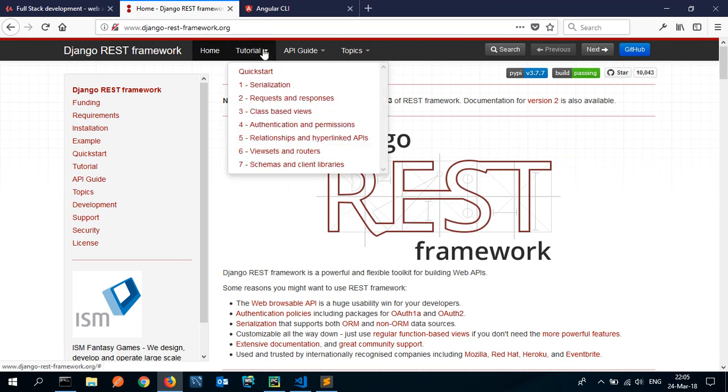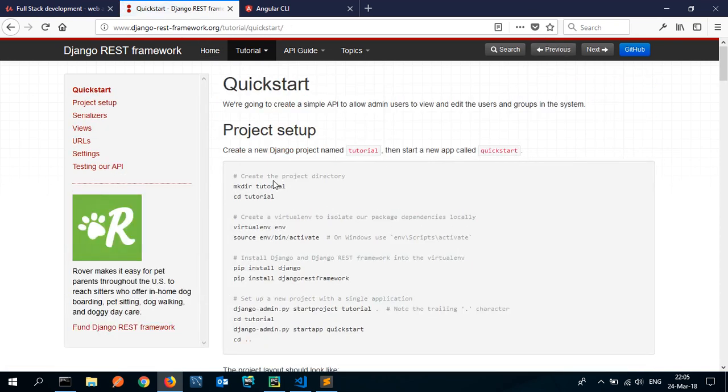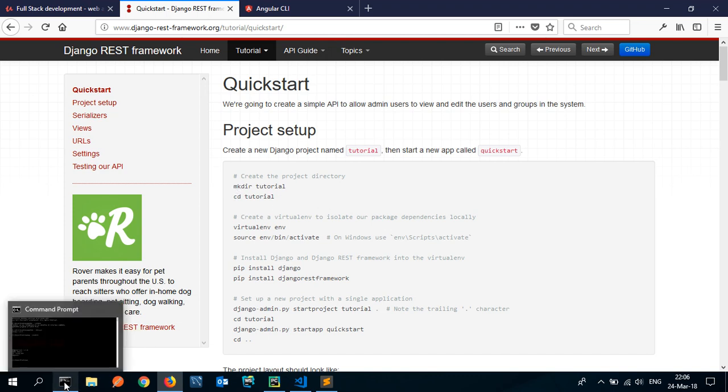In here we have a Quick Start section. If we go here, we can start following the tutorial they have on there. We'll change a few things, and I will show you how quickly in a few minutes we can set up our API. So what they want us to do is create a